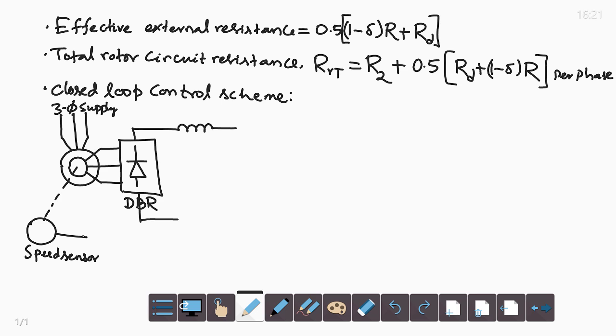Speed sensor gives the actual measured feedback speed, and this is subtracted from the reference speed, omega m star, and the output, that is the speed error, goes through a speed controller,